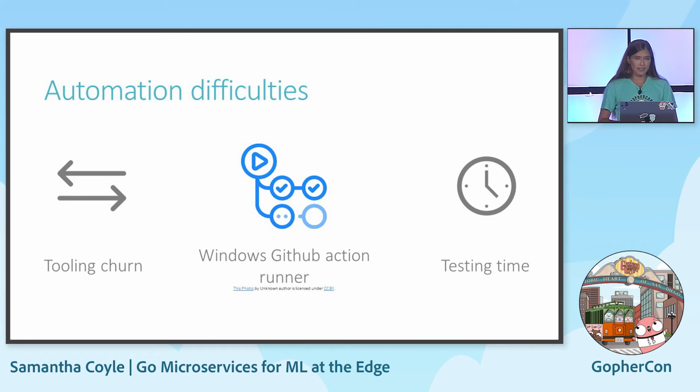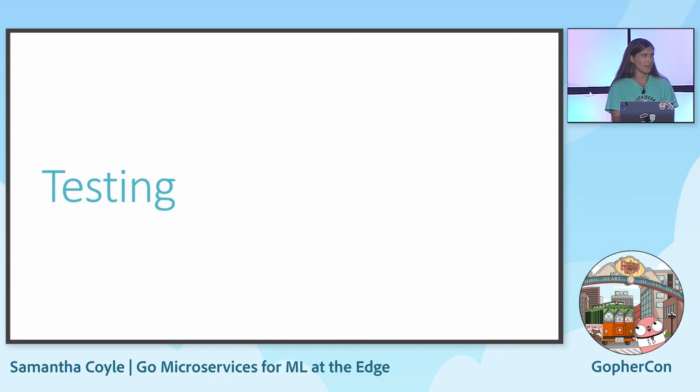Also for our deployment, we had some automation difficulties. So we did have some tool churn. When we were going about our CI/CD pipeline, we initially, in our org, used Jenkins. And then we had to duplicate the work because we talked about open sourcing this project and had to set up GitHub Actions runners. So duplicate work there. And then we also had a learning curve with respect to Windows GitHub Action runners since our data plane had Windows. And this also meant increasing our test time, right? Which is the perfect segue into the next step of the software development lifecycle, which is testing